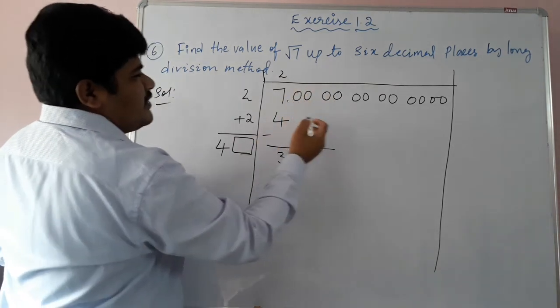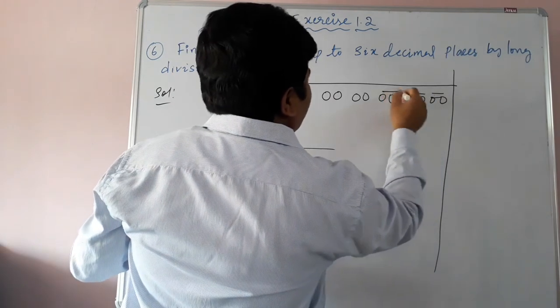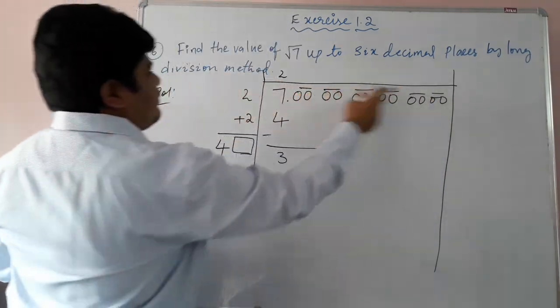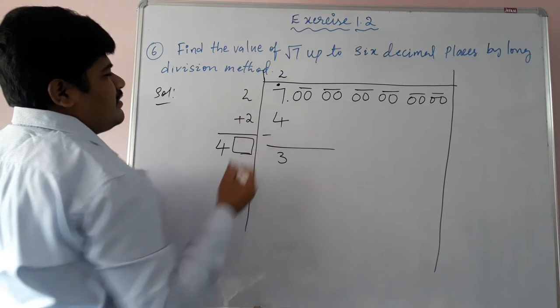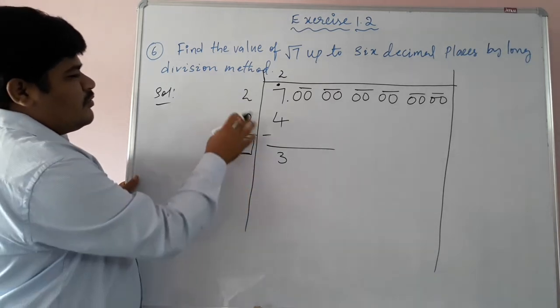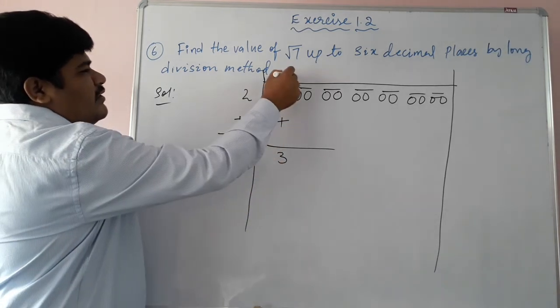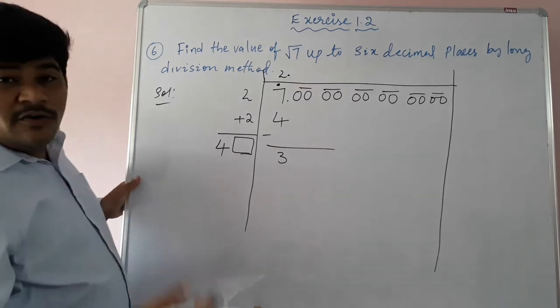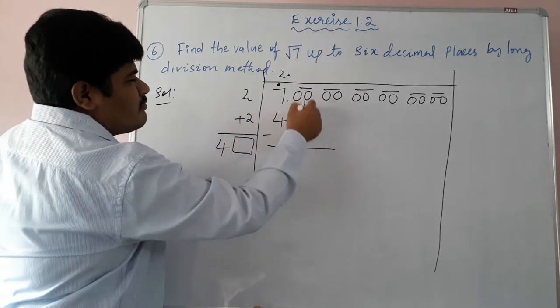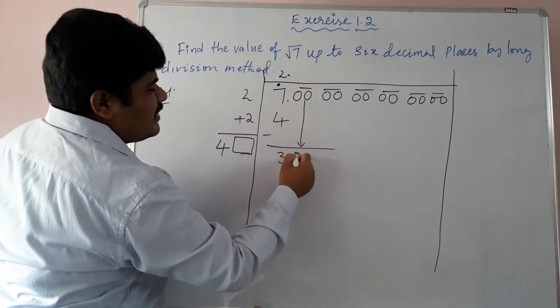Okay. So students, first here we have to divide it into pairs. So all these are pairs and 7 is alone. Here we need to write the dot. That's also okay. Now 2 to the 4, 3 is the remainder. Here also we need to take the height. That's okay. Now we need to take this pair down. Okay. So what will we get here?